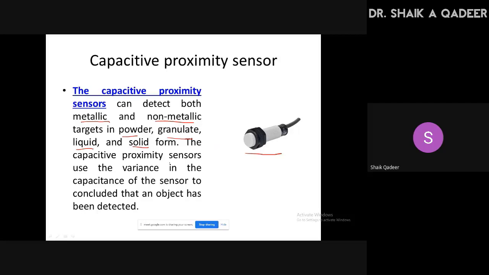The capacitive proximity sensor, as I already told you, makes use of variation in capacitance. Already we are aware of this thing. So we can measure the capacitance with the relative measurement formula, change in capacitance by actual capacitance. So it can be delta epsilon by epsilon, or it can be delta A by A, or it can be minus delta D by D, right? Already we have seen this thing. Okay, here also the pin configuration is like this: VCC, ground, and out.